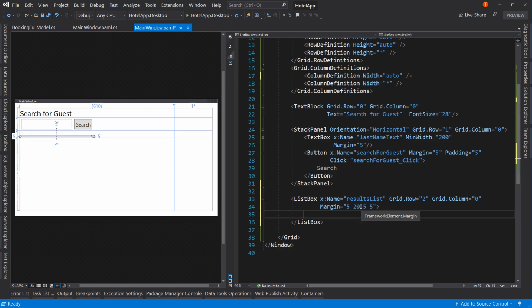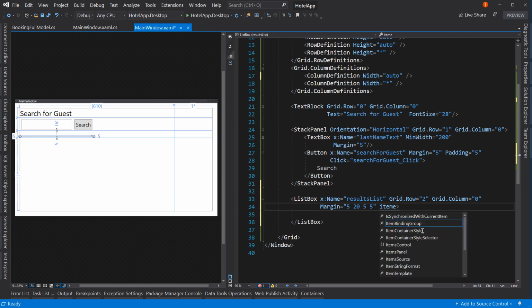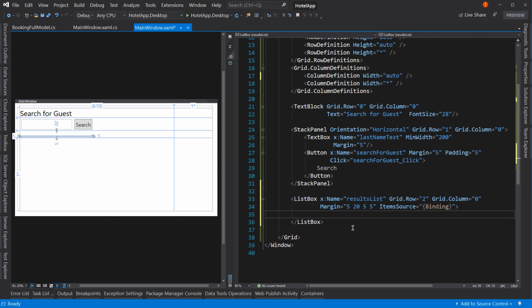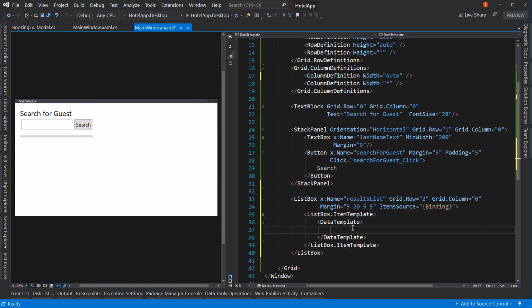All right. So now what we're going to do is we do need an items source here. So items source, and we're going to say this is just a binding. Now we're not going to give it a value to bind on. We're just going to say binding. We'll bind it in the code. Then we'll say list box dot item template. Inside here it's going to be a data template. And inside here is basically anything you want as long as it is